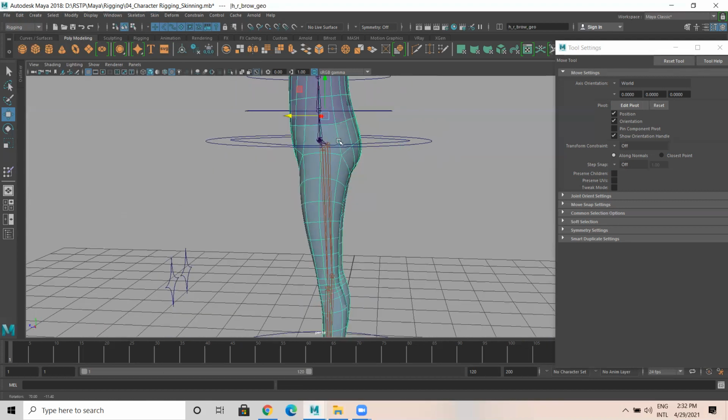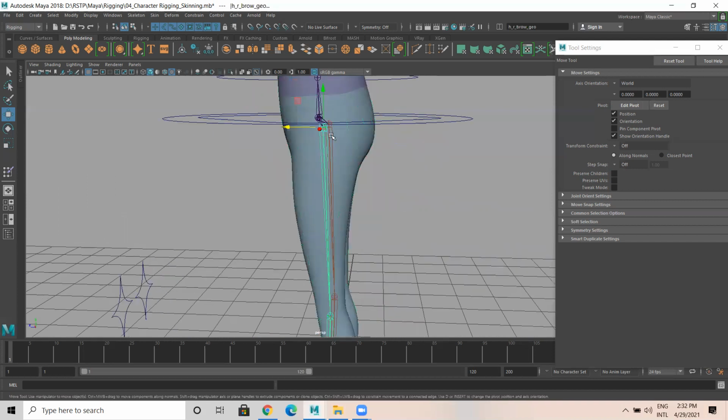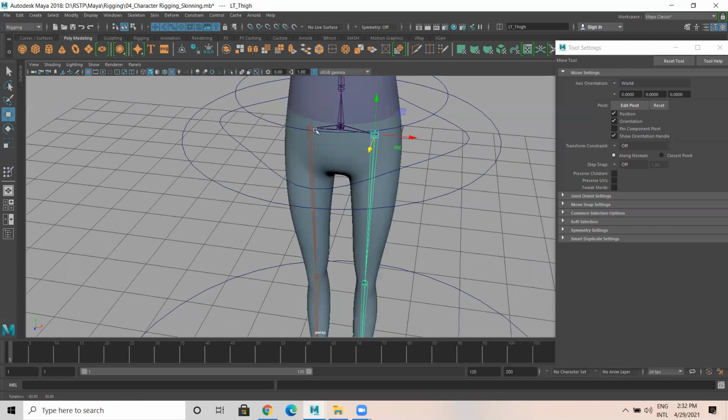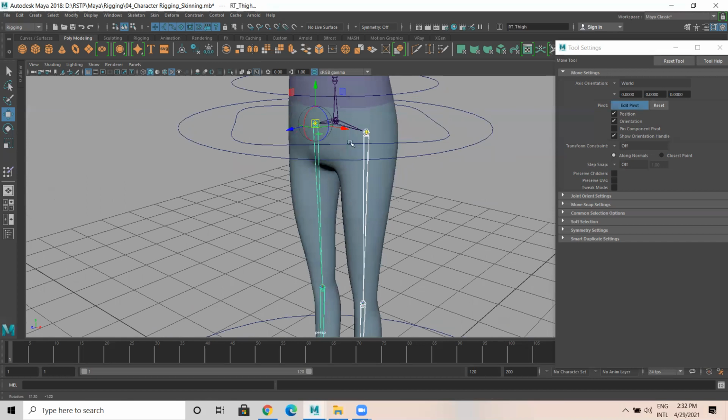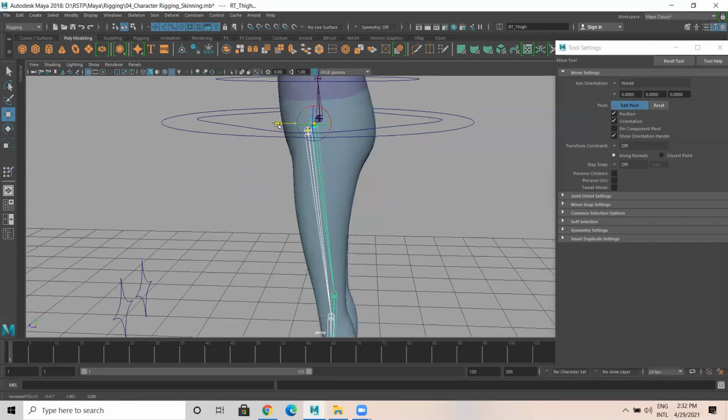Let me check the placement. Okay, so select this and this, press D. I think it should be front.